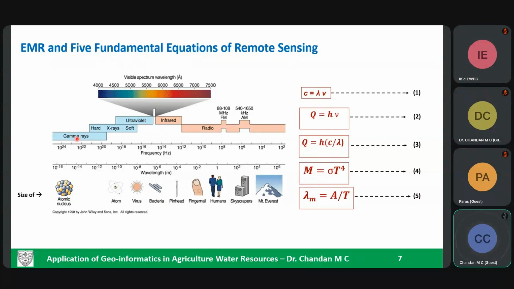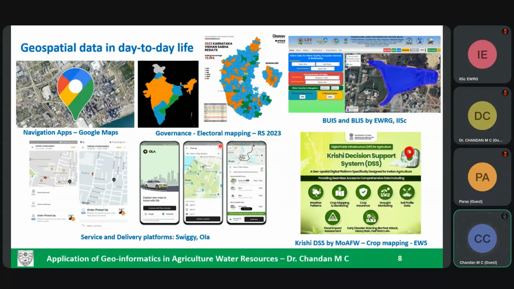So if you see the gamma rays, I will take only the case of gamma rays and radio waves. Gamma rays have the lesser wavelength. Since it is inversely proportional, it has more and more energy. So you cannot be exposing yourself to the gamma rays much. It will have a direct effect on your skin and other parts. Whereas if you take the radio waves, the wavelength is very, very high and it has very little energy. That is why when you are using a mobile phone, you are using radio frequency waves, you are not much affected by that.